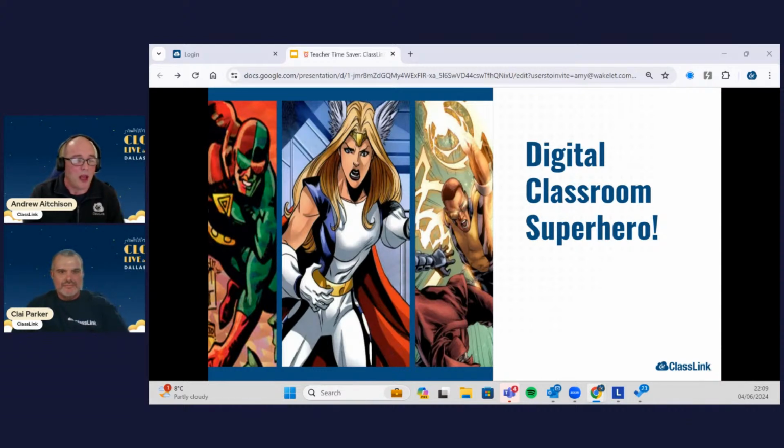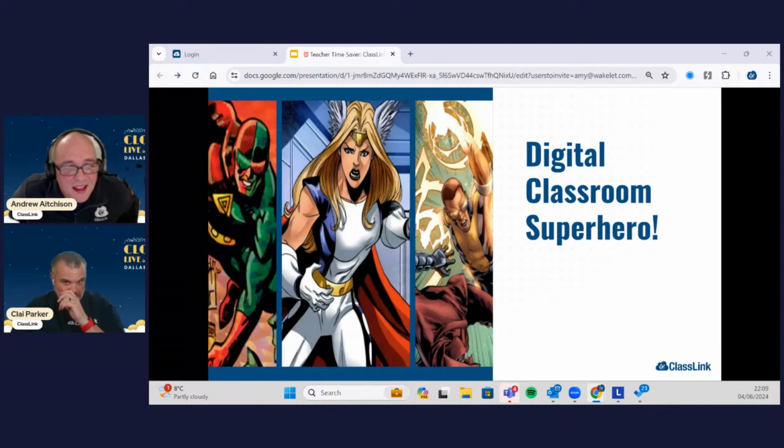And the final superhero power I'm going to talk about today is tech telepathy. Sounds complicated, but basically ClassLink works on any digital device with any digital tool or platform that you want your users to access, no matter where they're accessing it from, on what device. So long as it's got internet access, you can ensure no student is ever left behind in the vast landscape